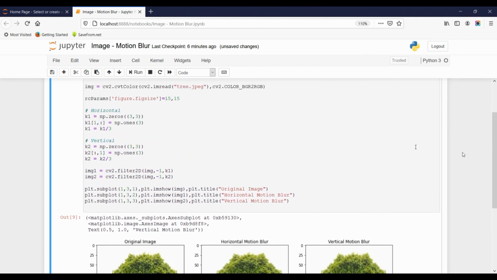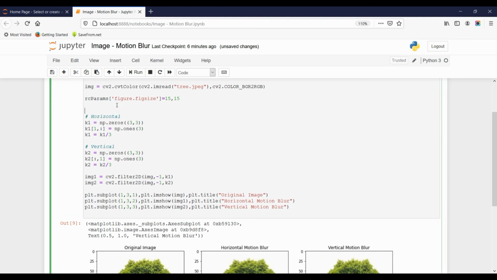But we have to increase the size of the kernel, and for that purpose I am going to replace the constant value 3 with a variable size. I am defining one variable called size, and at every place where we have written a hard-coded 3 I am going to replace it with the variable size. The same change I am also applying to the vertical kernel, and the middle row should be replaced.